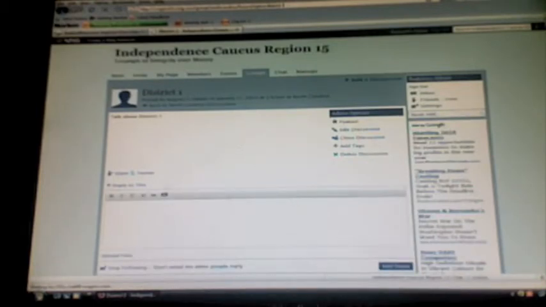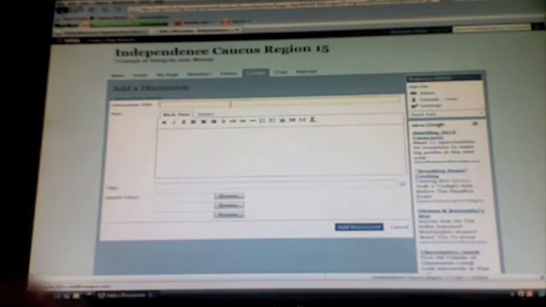Alright, now people can reply to this. They can start their own. See, up here on the right hand side, it says add a discussion. Okay, so we're going to do District 2. So that's basically how this works, and we're going to add another discussion so you can see that there's more